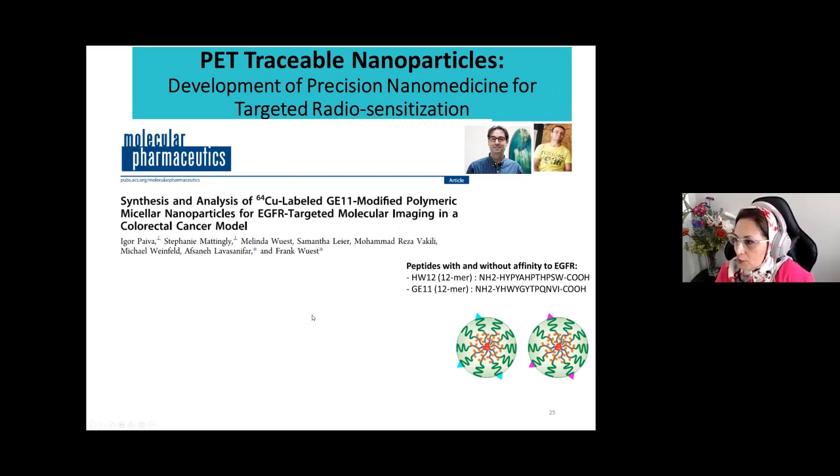We, imagining the medicine of the future. So we tried, in collaboration with Dr. Wust and my postdoc, Igor, who at the time was a graduate student when he did the study, to make these nanoparticles traceable through attachment of PET contrast agents. So we attached